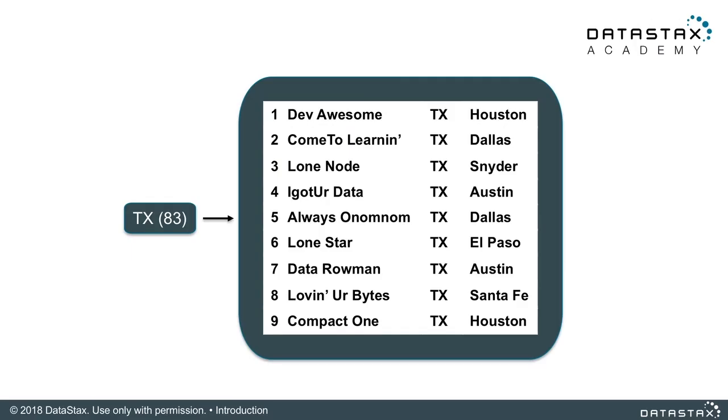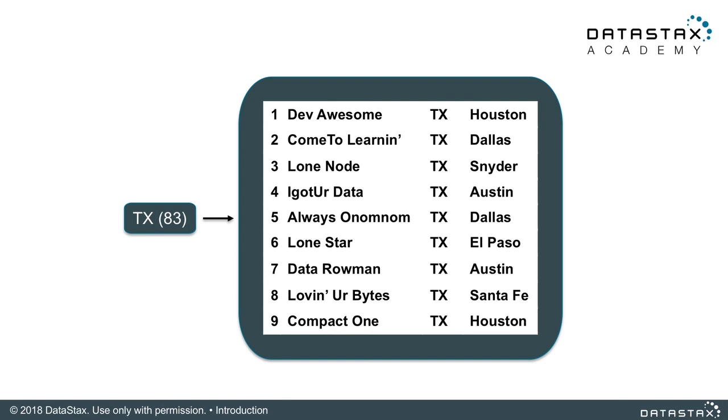We have a partition key which uses state. Now, that's going to group all these states together. So if you have Texas, for instance, that means all that data is being co-located in the same file, on the same disk, on the same node. But this also gives us a really thin piece of uniqueness to this data. State is not enough, and we want to control some order. So if you do a group by, for instance, in a relational database, this would be group by state. But how do we control order and uniqueness in our data model?